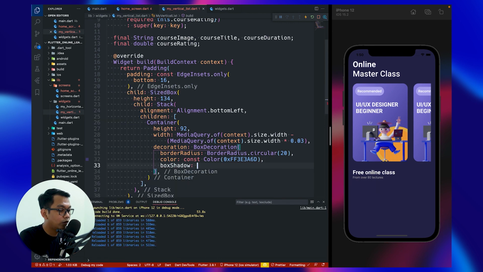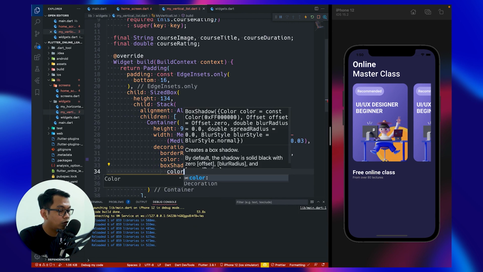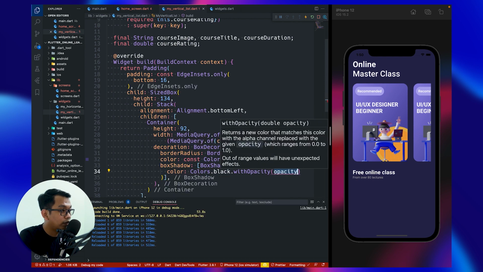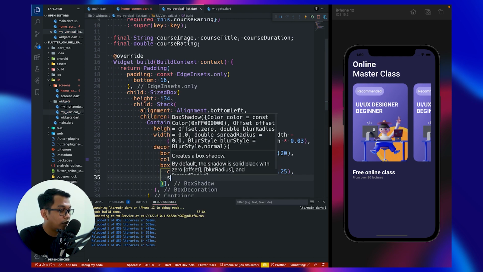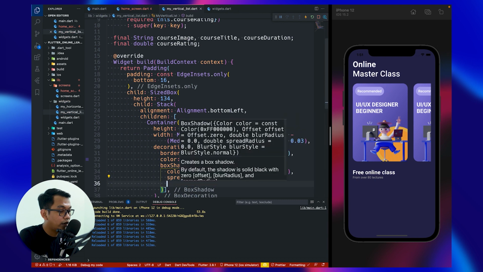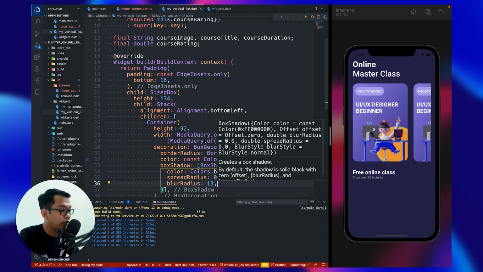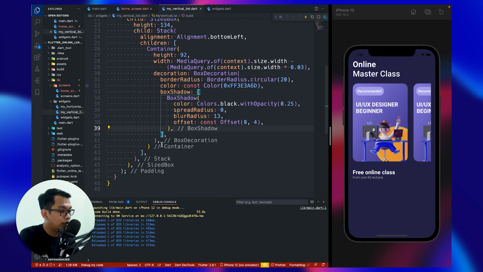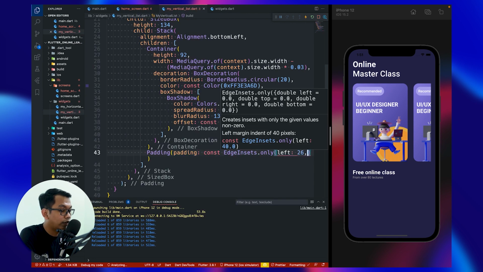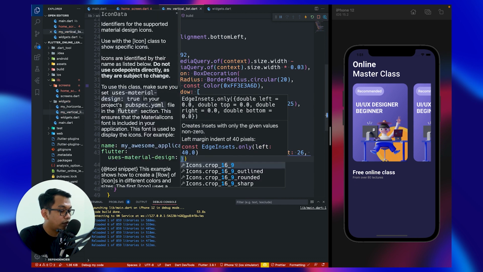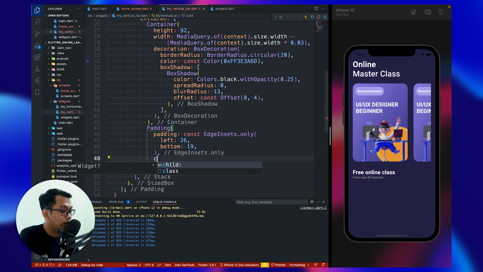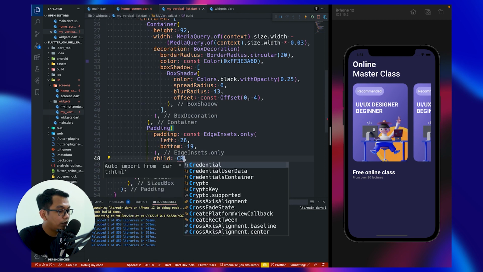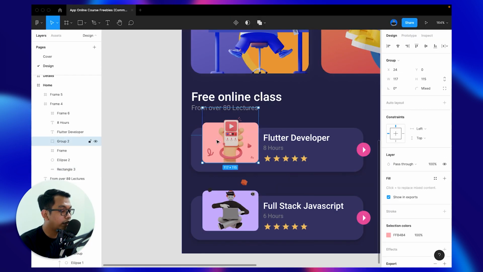And then for the shadow, we use box shadow with the color black, opacity 25%, and then spread radius 0, and blur is 13, and offset is 0.4. All right, and the another children is padding. We say only left 26 and bottom 19. And for the child, we use row widget to save our content like image, and then title, duration, and rating.